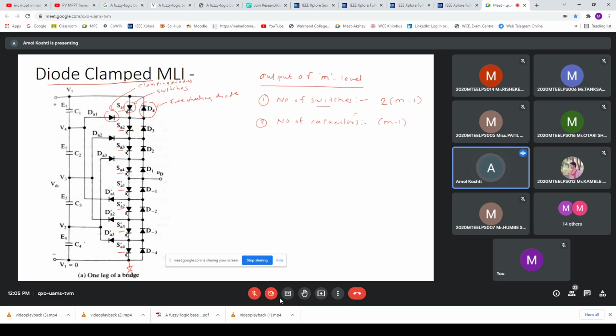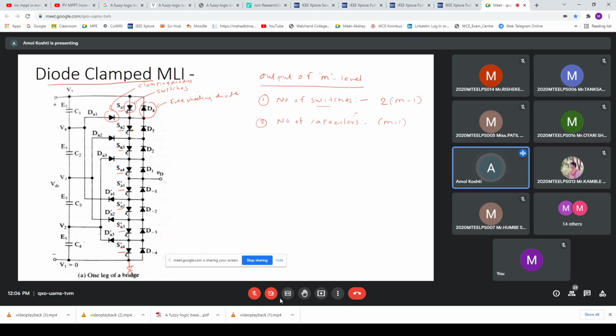So this is the very fundamental method of multi-level inverter, which is first introduced as a multi-level inverter topology. There is a limitation of using this diode clamp multi-level inverter. As we go for more levels, the switches in the circuitry increase, which makes the circuitry complex. Generally up to 5 level or up to 7 level, this diode clamp multi-level inverter is used, not for 9 level, 12 level.